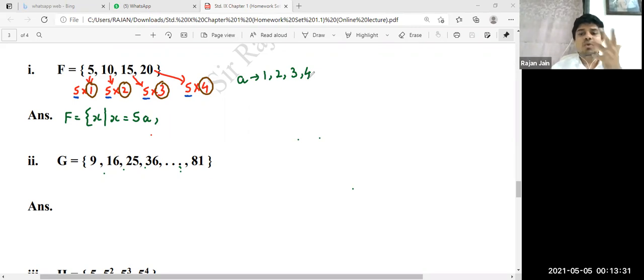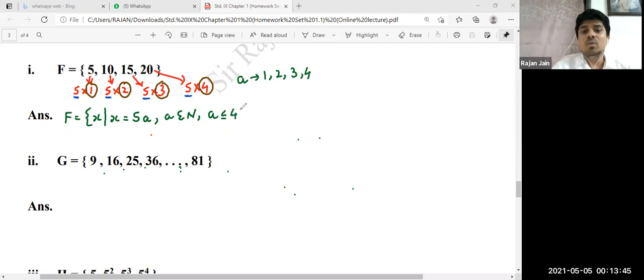Okay, अभी 1 2 3 4 कौन से टाइप के नंबर्स हैं? They are natural numbers. So my first condition is a should belong to a set of natural numbers, and I cannot take till infinity. I have to go only till 4. So I will say a less than equal to 4. Either you write less than equal to 4 or you write less than 5. दोनों का मतलब सेम होता है. Is that clear? गलती से भी इधर x नहीं लिखने का, because here you are writing a condition on the variable part, that is a. Okay, clear? थोड़ा एक दो सम में और बताता हूं तो आपको समझ में आ जाएगा. नेक्स्ट क्वेश्चन क्या दिया है? G is a set of 9, 16, 25, 36 up till 81.